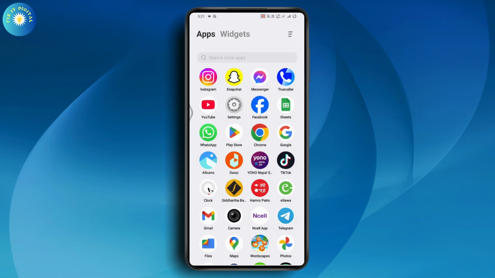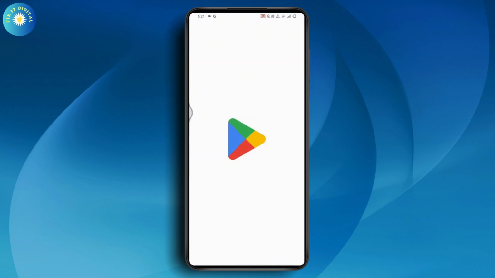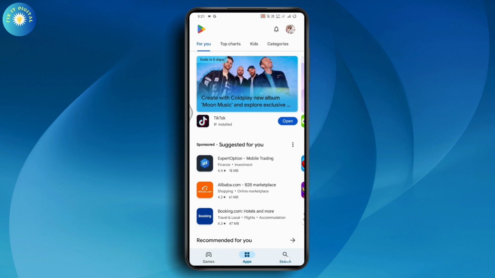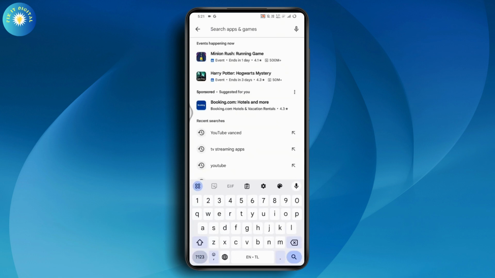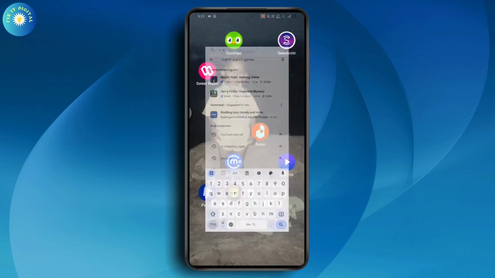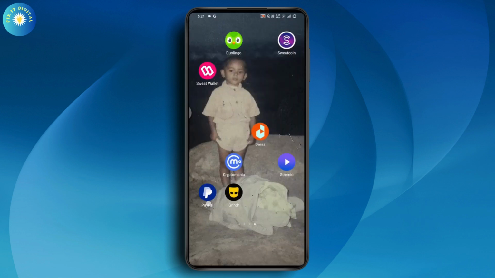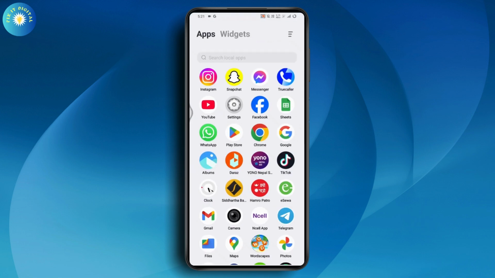that your YouTube Vanced application is up to date. Because if it is not up to date or if it is old, then you can simply uninstall the application and reinstall it for updating. Or you can simply go with your Play Store and search for YouTube Vanced and you may have an update. You can simply go and update that. So that's how you can fix your